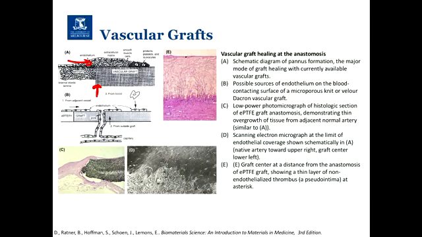And here are some images of that occurring. Here you've got your graft and you've got H&E. This would have been part of your blood vessel, and then you've got your endothelial layer, which is starting to go across there. And this is just an SEM. You can see a barrier. One part is your endothelial cells, and the other part is your graft where they've started to go across.